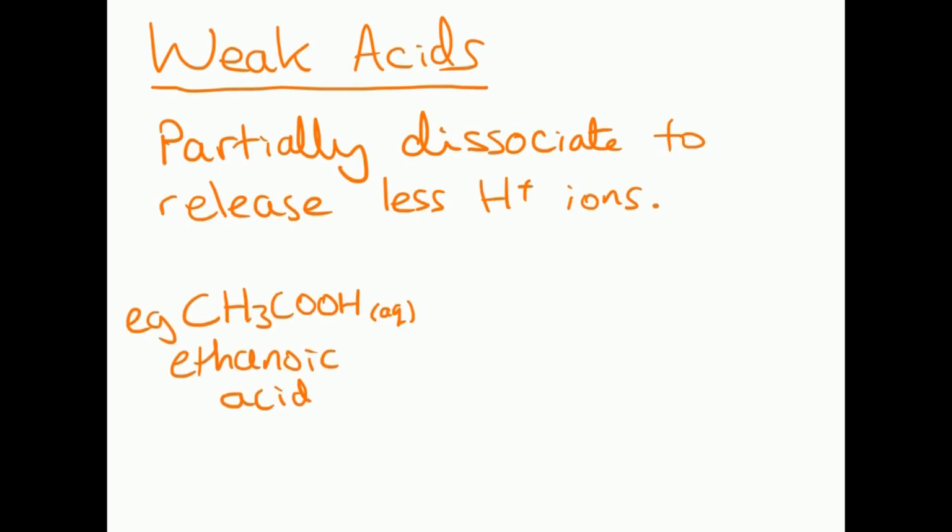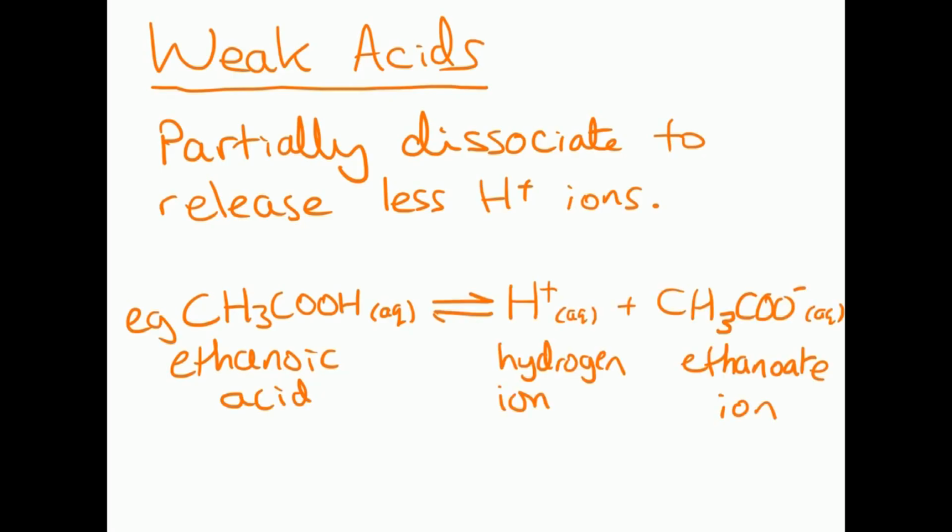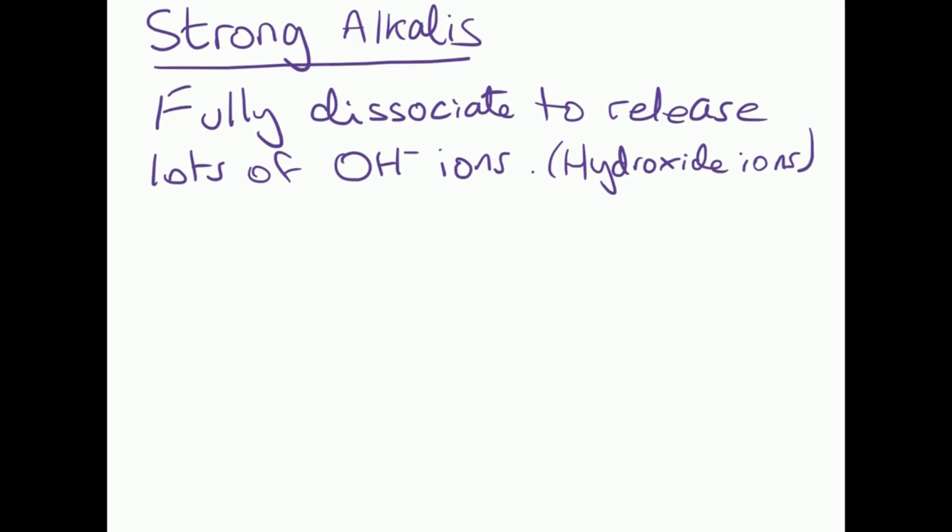So if we look at ethanoic acid, also known as vinegar, that partially breaks down to release hydrogen ions and the ethanoate ion, but we can see it's a reversible reaction. So some of those hydrogen ions and ethanoate ions recombine to form ethanoic acid. So the end result is there will be fewer hydrogen ions in there. It's only partially dissociating. So in the case of strong alkalis, they fully dissociate to release lots of hydroxide ions,